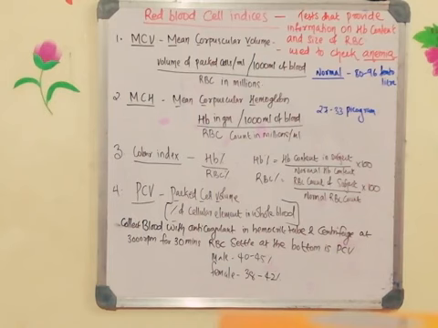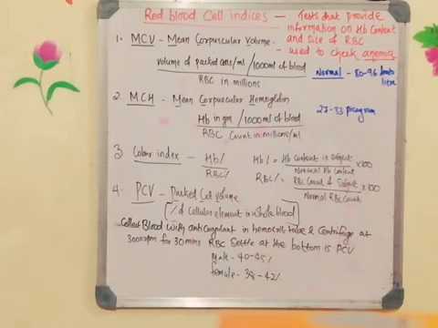See the volume. In the case of male, if the cell deposit is between 40 to 45, that means it is normal. In the case of female, it will be 38 to 42. So that indicates packed cell volume, how much amount of cells are there in the blood, that can be checked by the packed cell volume test.